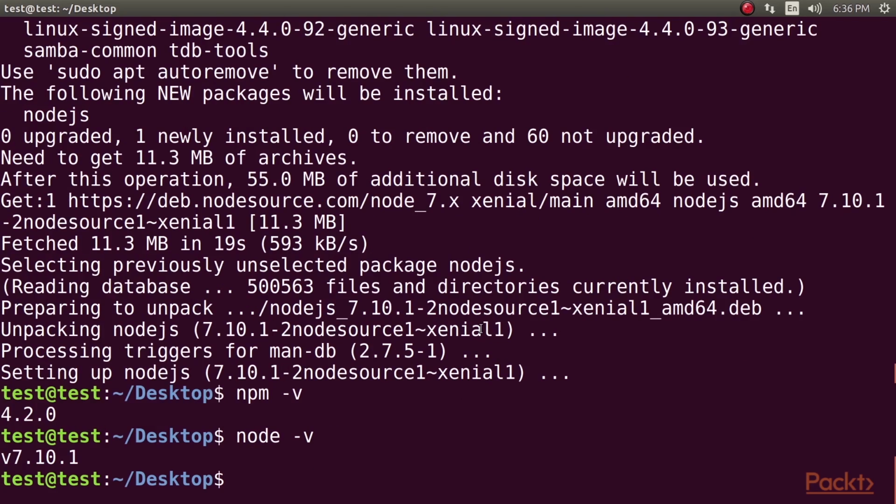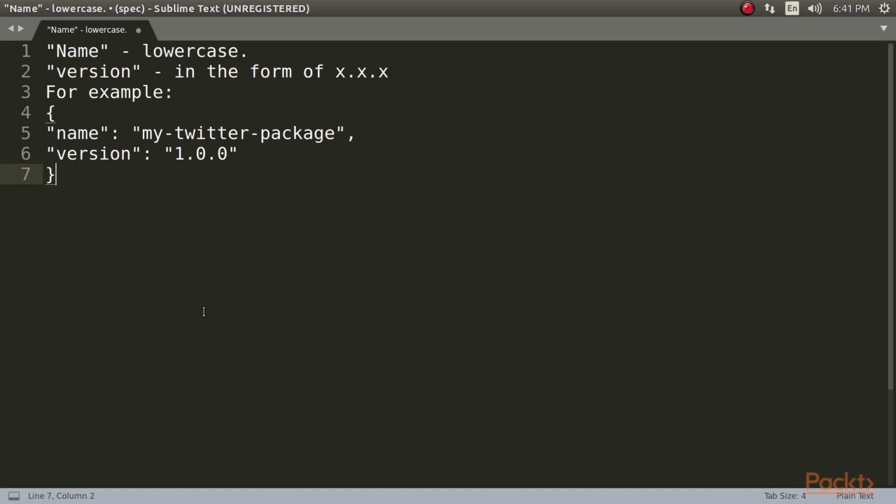In our setup, we use the aforementioned version, but the Node version around v7.x should be fine, and for the npm, v4.x should work fine. Moving on to creating package.json. This file is basically metadata for your application, which contains the complete library's dependencies that need to be installed for your application. Another real-world advantage is that it makes your build reproducible, which means that it's way easier to share